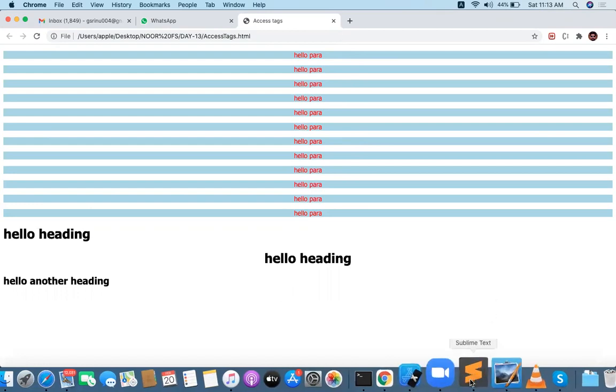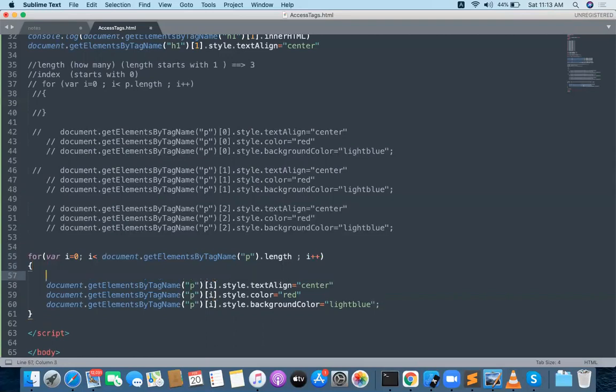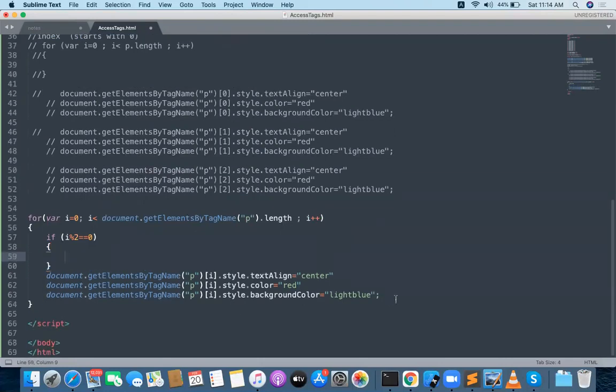Now I want to check the condition. If document dot getElementById, if i percent 2 equal to 0. What does percent do?